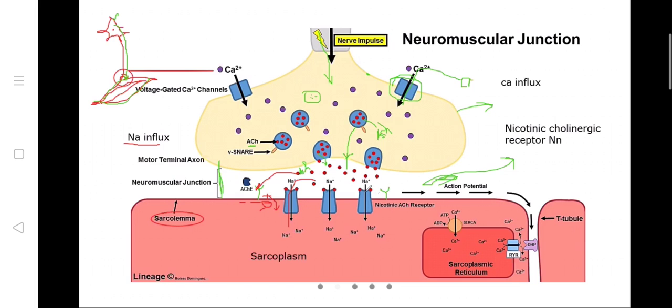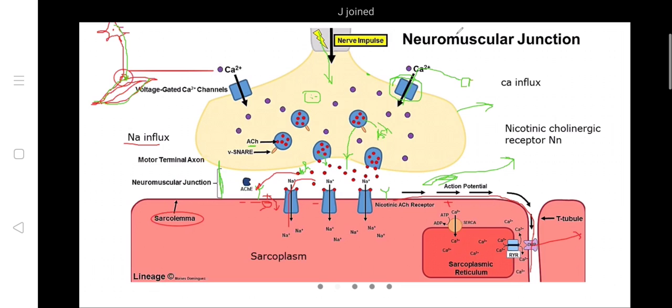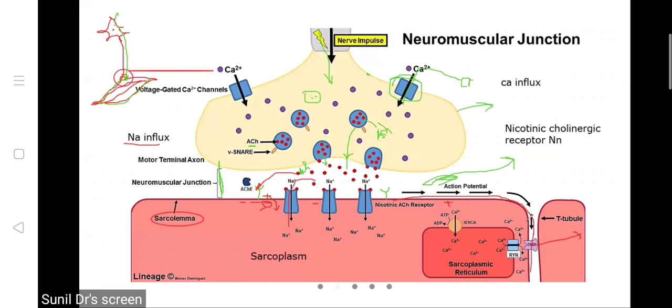So what will happen? This depolarization, this change of membrane charges, will spread along the surface of the membrane and into the T tubule. It will dip down the signal. This depolarization will spread along the T tubule. I told you this is a voltage gated channel, which means it will sense changes in the voltage. Initially it was negative, now it has become positive, so there is a change in the voltage. This is detected by the dihydropyridine receptor.